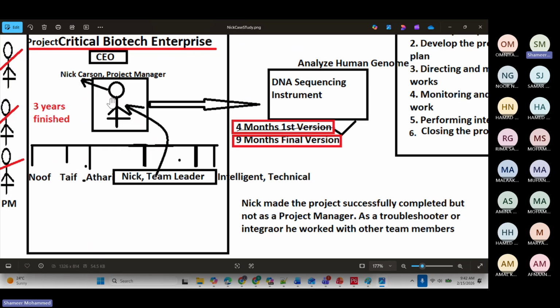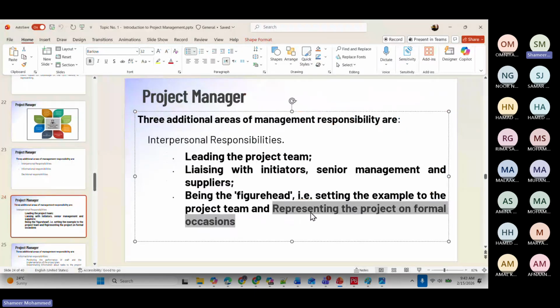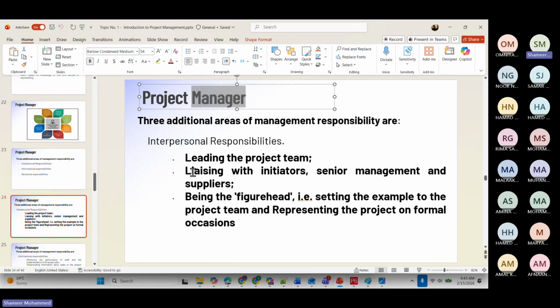Once you prepare an output, like in the diploma course project, after 1 month, you are going to your supervisor and presenting. After 4 months, again, what you completed of the work, you are going to present. So like this, he will act like a spokesperson or a representative on the formal occasions. This is what is called interpersonal responsibilities of the project manager. The second one is